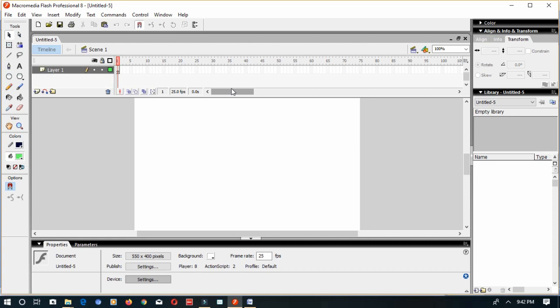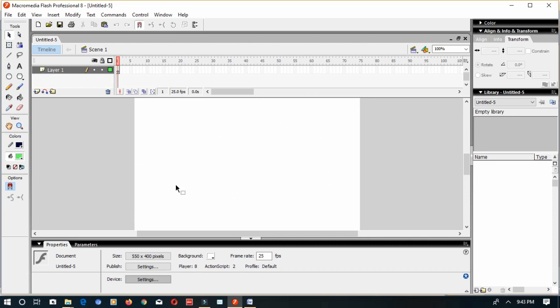First we see what the timeline is. So this is a timeline. Under the timeline we have various features. What are they? Let's see. These are the layers, and these are the frames. This is the keyframe, the first one, with a single circle. These are the unused frames. This is the keyframe, and this is your playhead, and this is the working area. You may all be aware of it.